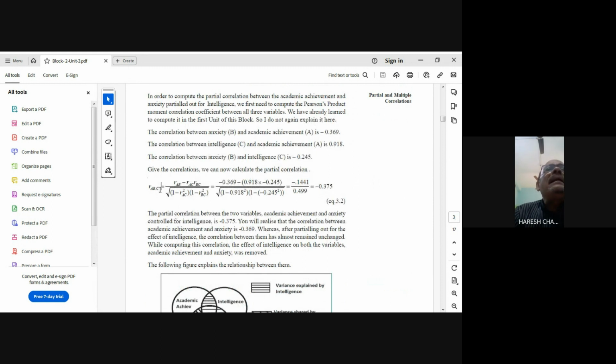It is to be written as r A B dot C. A B dot C means the relationship of A with B, parceling out C. Taking out C, what is the relationship between A and B? There you have to find out the correlation